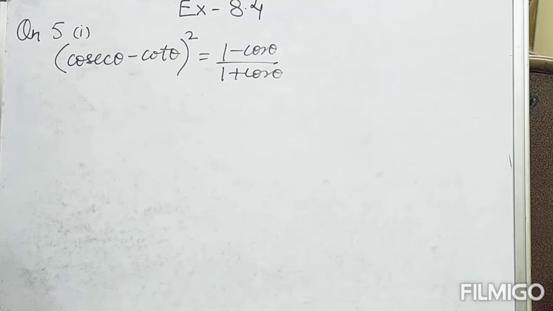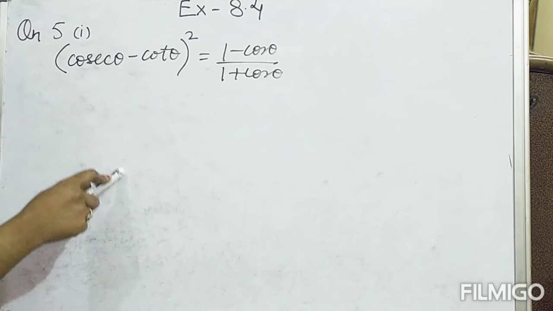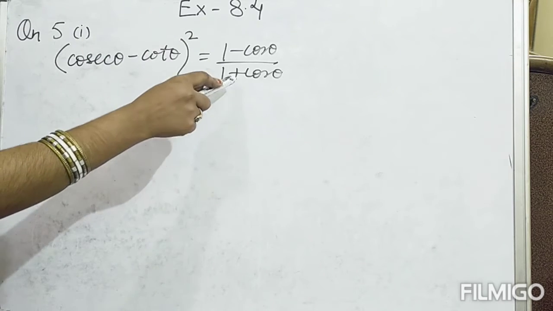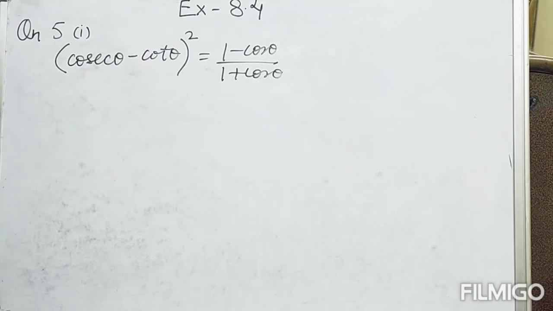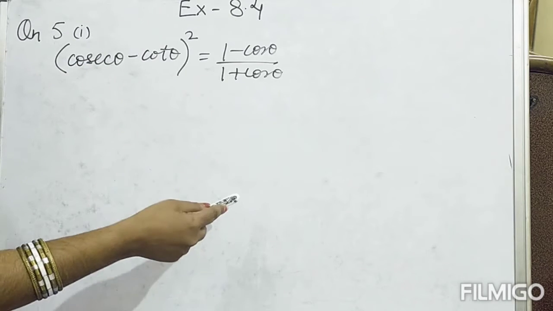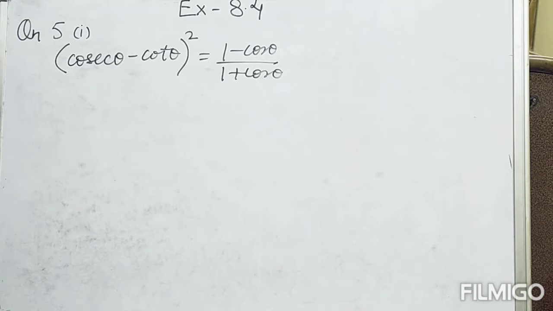We have to prove these identities by using whatever we have already. So in these type of questions, either we can take the left hand side and make it equal to the right hand side, or we can take the right hand side and do many operations and make it equal to the left hand side, or we can take the left and right side both, and after solving them we'll get values which are equal to each other. So it totally depends on the question which side we have to take here.